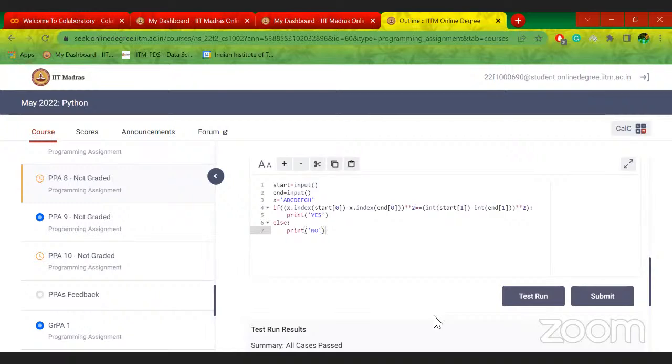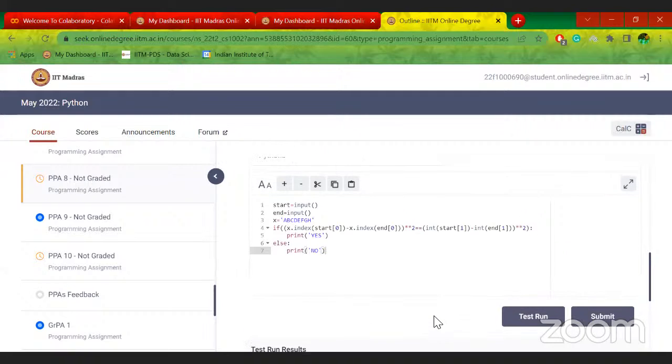So to find the difference, he took the string as X equals to A, B, C, D, E, F, G, H. Now the difference between indices of A and D is 3, which is what we want. The difference between indices of A and B is 1. So basically the start alphabet and end alphabet, he's trying to find the difference between indices. And if that is equal to the number difference, that is start of 1 and end of 1, then that basically means that the bishop can move, right?